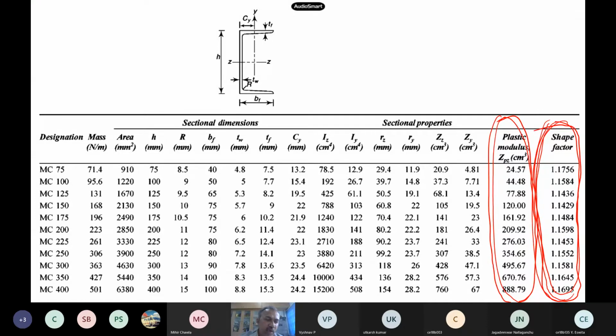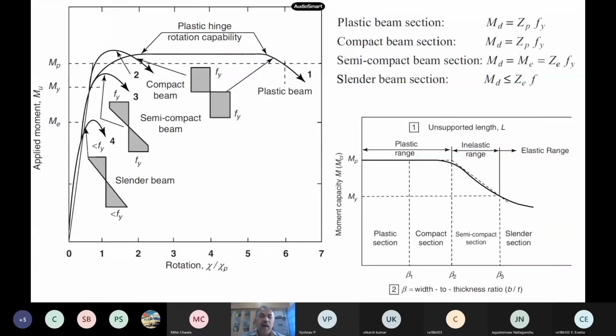So that you can even compare these two also, okay. But these things are already reported in any textbook's appendix, if you see. So these are already provided, okay. Now once this plastic, this becomes very important.